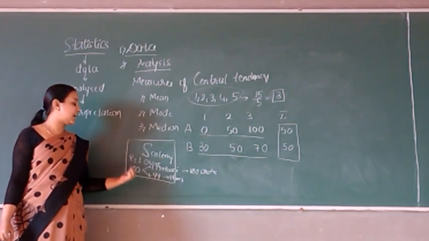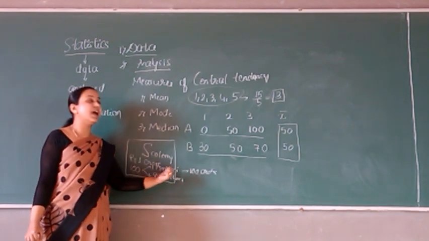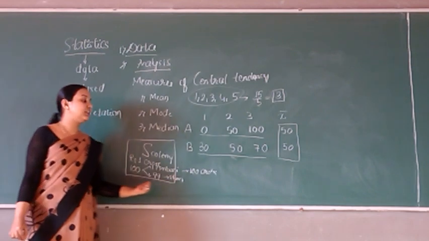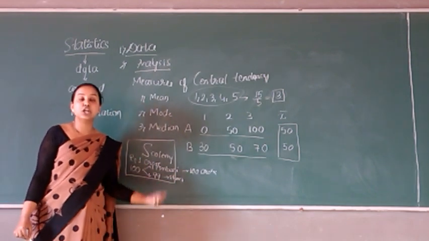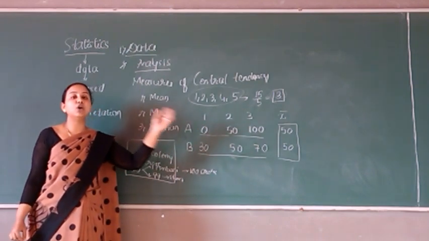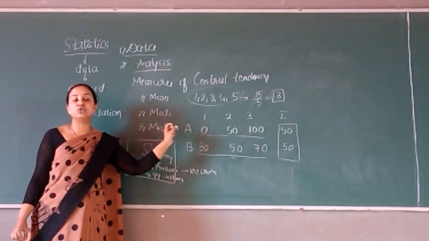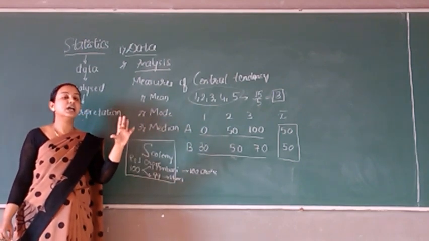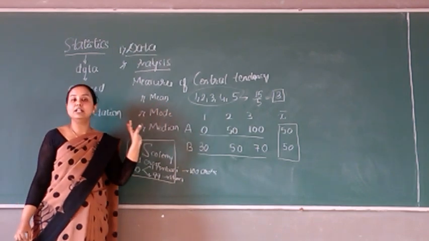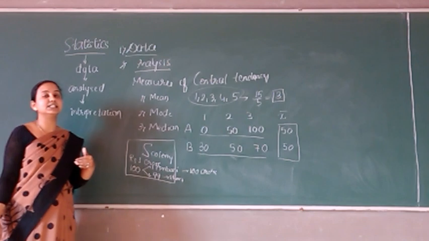By this you can see that we cannot come to a conclusion only with the average. Always we have to depend upon what? We have to depend upon even the variation. So in central tendency, what did we learn? We learned how the data is represented with a single value, or how the remaining values have a tendency towards that central value. Now in our further classes, we will study